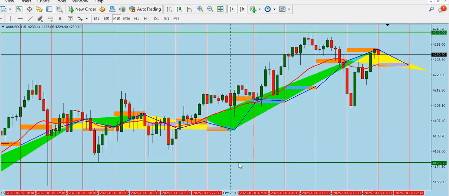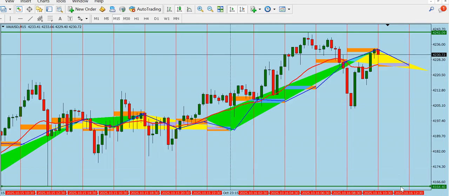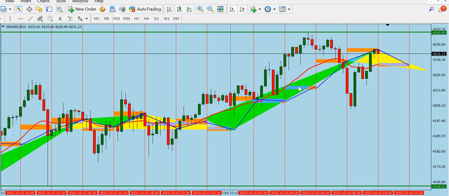Now this is the low of the chart, 4176. A break below here might possibly indicate the low is around here, 4164. A break below here might indicate price is going to go way down or a bearish trend has commenced. So that's how to use